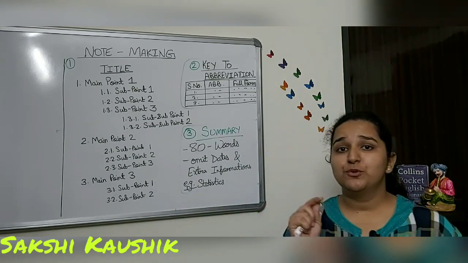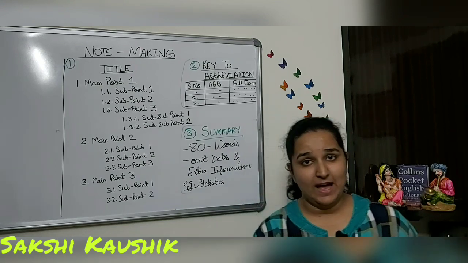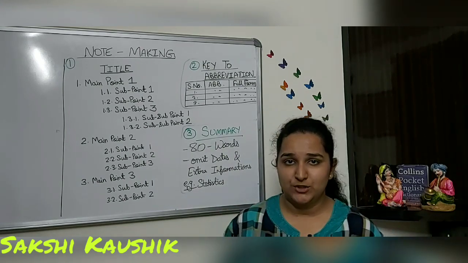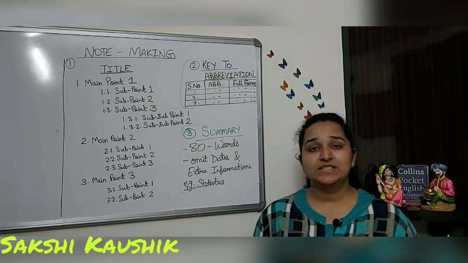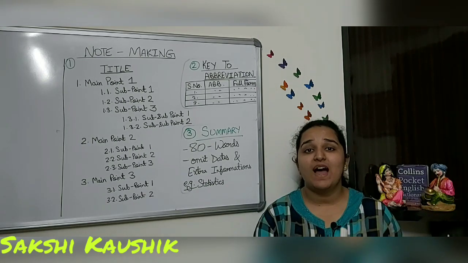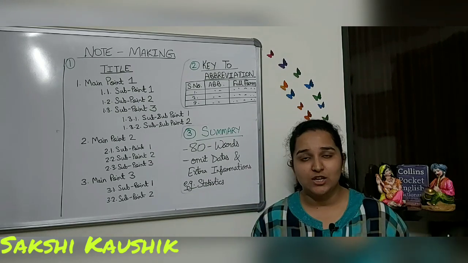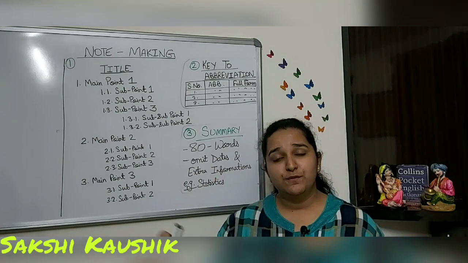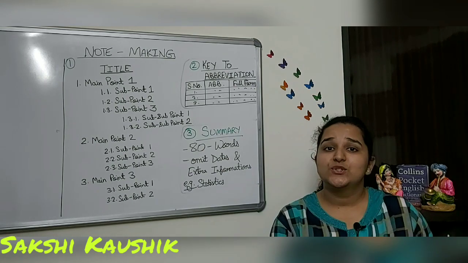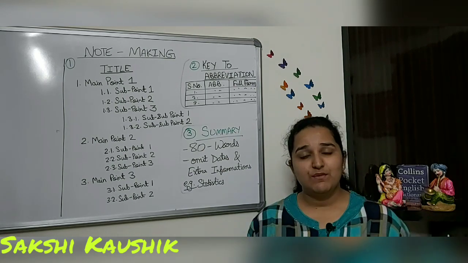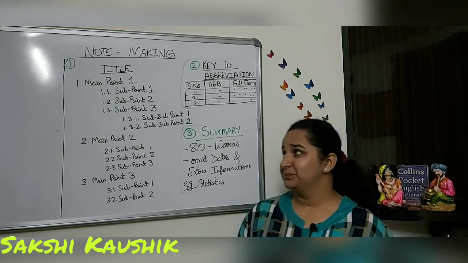Now, if we were to make notes for this particular paragraph that I have taken as an example, not to be considered as a real question, how would we make? First of all, why do we make notes? Notes are made so that we can simplify our task. If we are reading this thick book or this thick chapter, then we don't want to read those 15 or 20 pages again and again every time we are revising. So we make these concise notes so that whenever we want to revise that chapter, we can just refer to our 2 to 3 pages of notes.